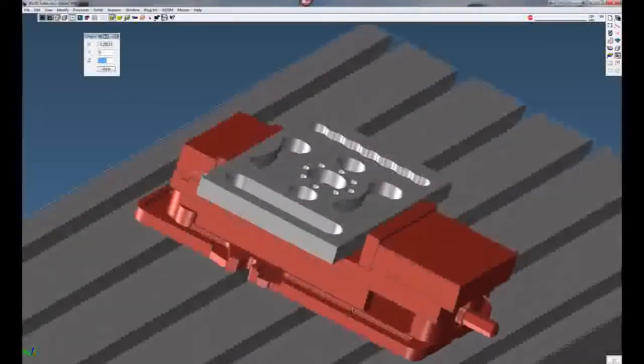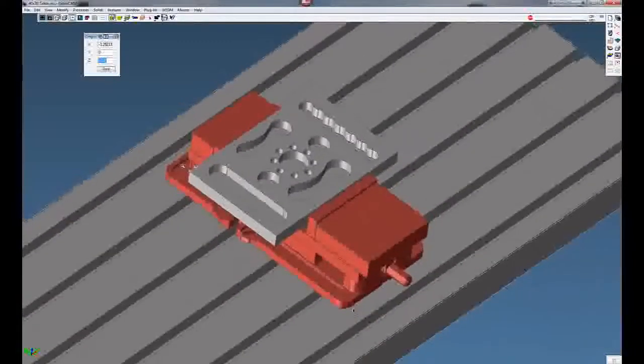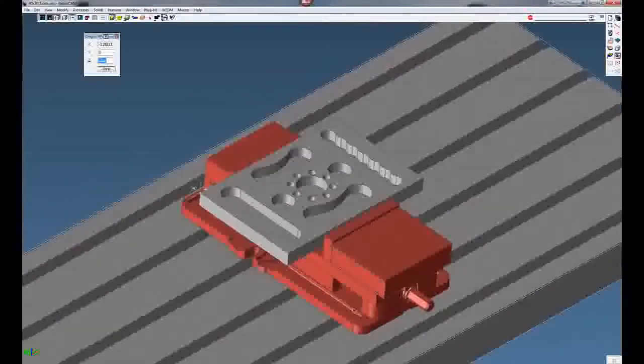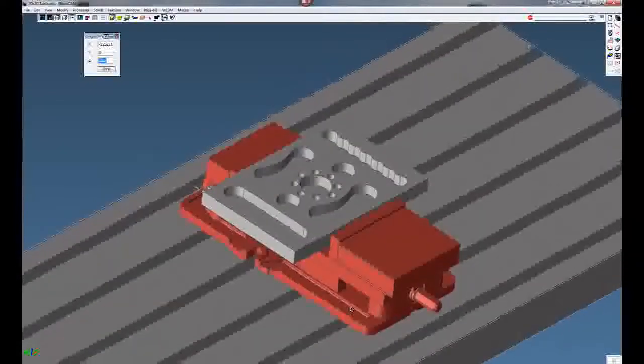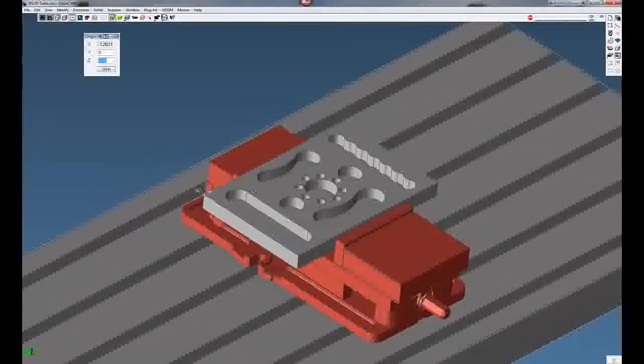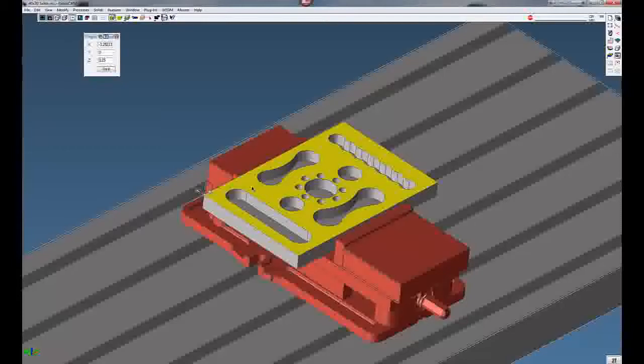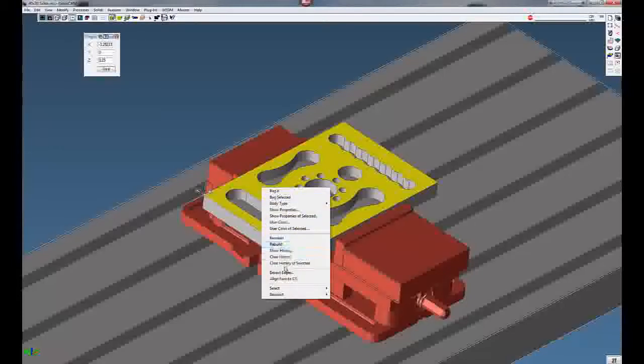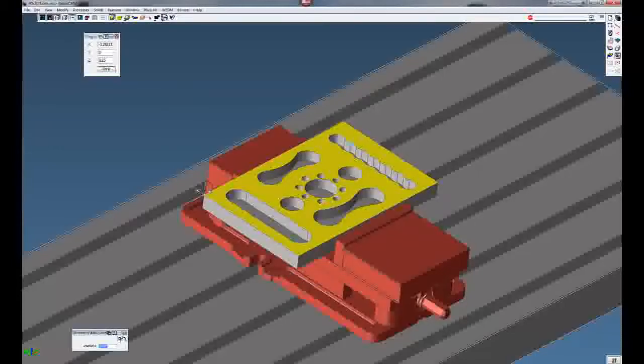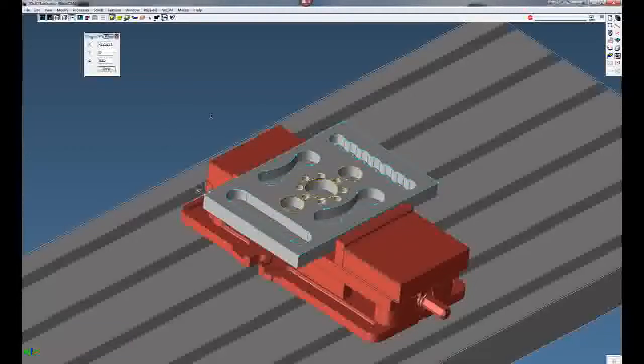From here you can do feature recognition, machine the part, or use the profiler, a number of different ways to machine this part. Just do a quick little face selection here, right click, go down to Extract Edges, click on Do It, and you can see we have all the geometry we need now